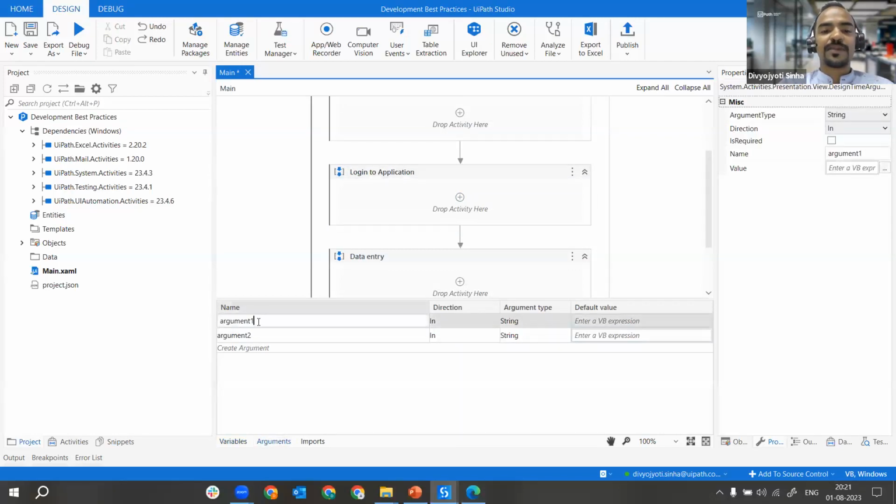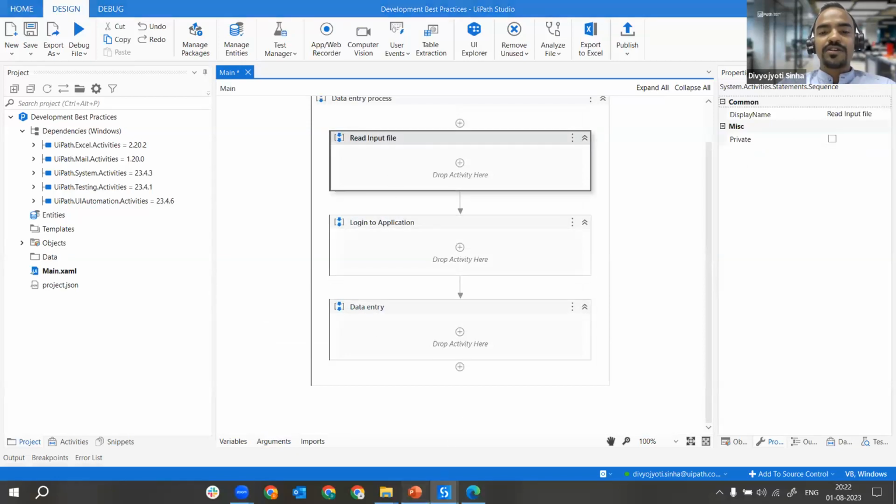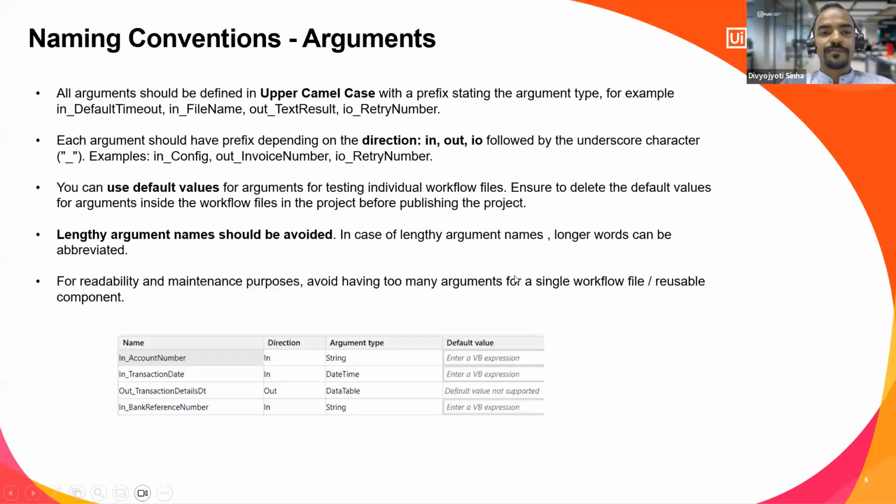And again, same goes for arguments as well. If it is taking some parameters like in credentials, you can take an in parameter called credentials coming from orchestrator assets or Windows credentials. You can pass those credentials over here and you can perform any operation inside this workflow, right? So this is all about the naming conventions over here. Going back to the slide,